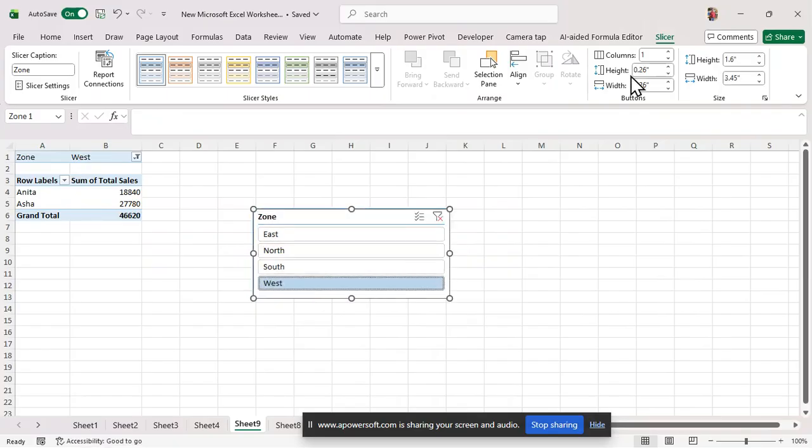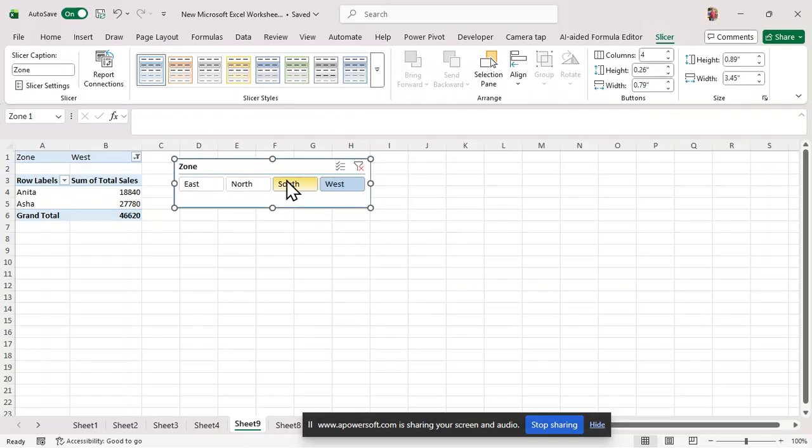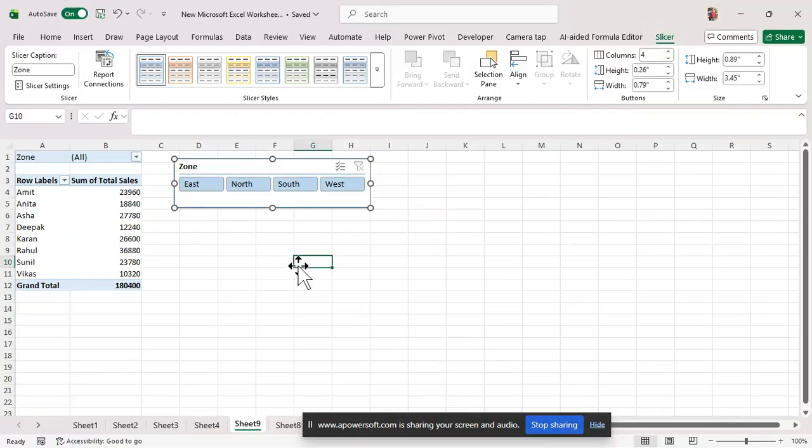Okay, now it's perfect for me. And when I select the South data, here you can see all are working. Remove the filter and here is your data. And now insert the